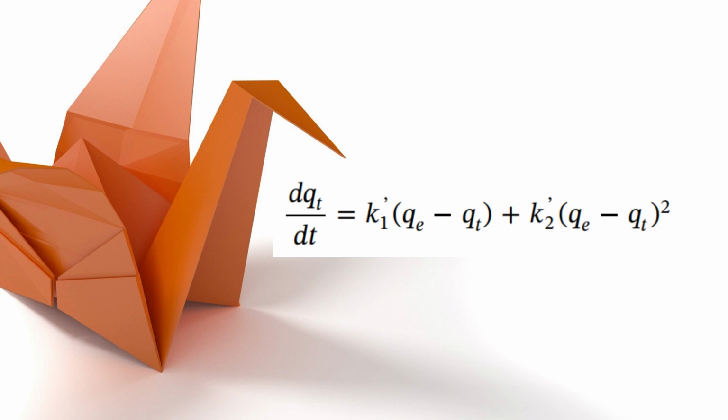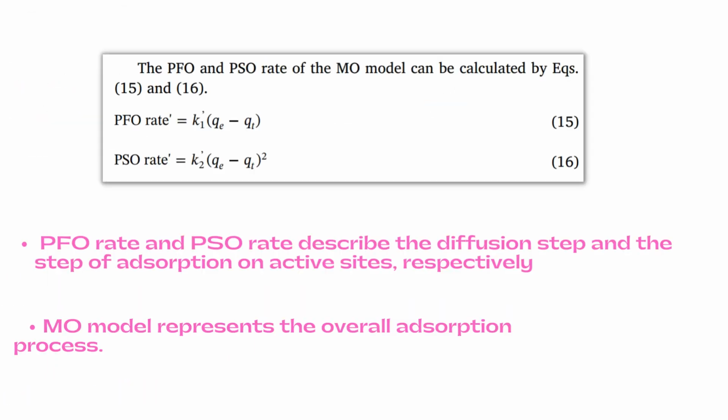Now, the differential equation of the mixed order kinetic model can be written as dqt divided by dt equal to K1 (qe minus qt) plus K2 (qe minus qt) squared, where the pseudo first order and pseudo second order rate of the mixed order model can be calculated by using this equation. For example, pseudo first order rate equal to K1 (qe minus qt) and pseudo second order rate equal to K2